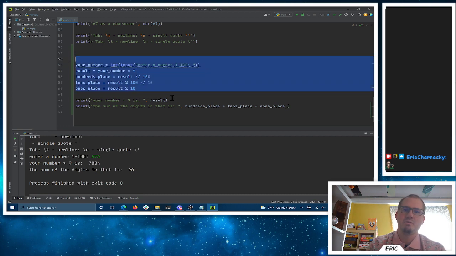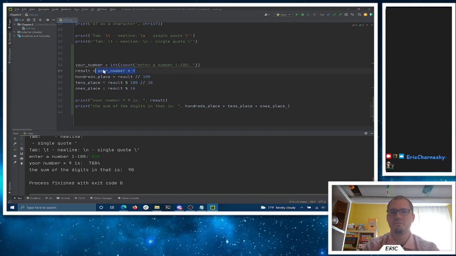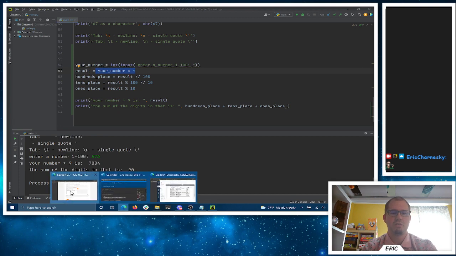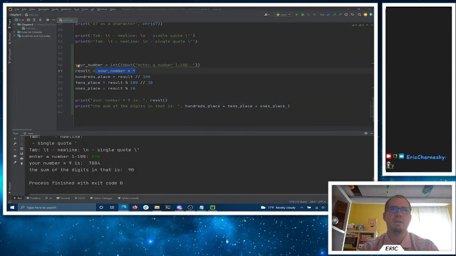Right, so we can see anytime you multiply by 9, you can do some magic here. And we're just kind of practicing some of these arithmetic operations, right? The integer division, modulus to give me the remainder, more integer division, regular arithmetic. We can do all sorts of fun things here. And if we're actually asking the user to enter a value, that gets to be more fun.